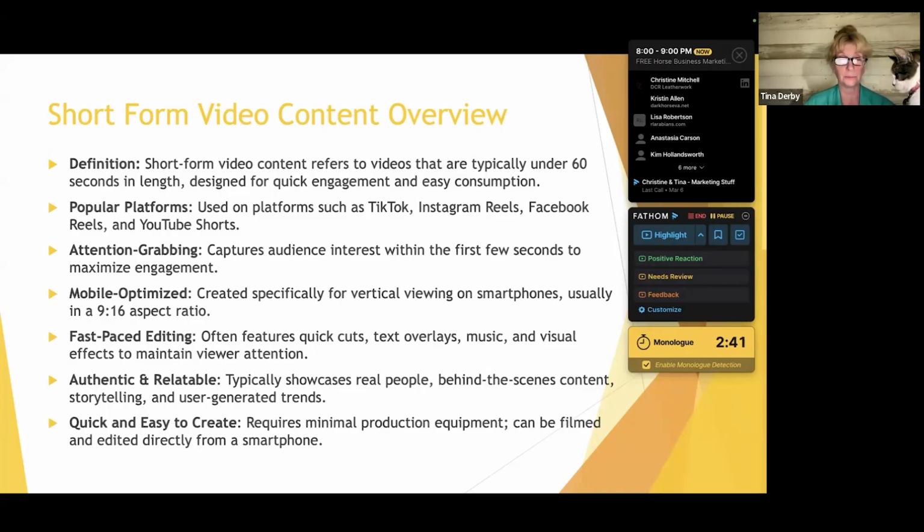And one of the beautiful things about this is that it makes this kind of content very quick and easy to create. Sometimes you can literally just film the content, usually using your phone, and upload it, or film it, do a couple quick edits, and then upload. You could make a piece of content in 5 minutes. I mean, you might make it in less.